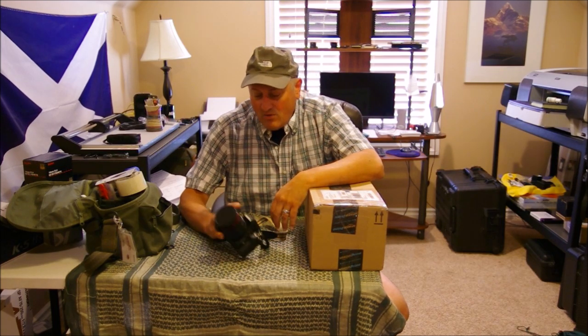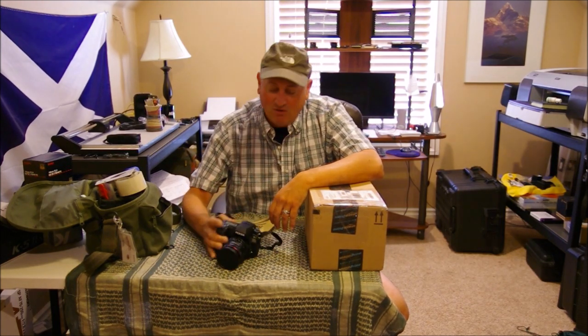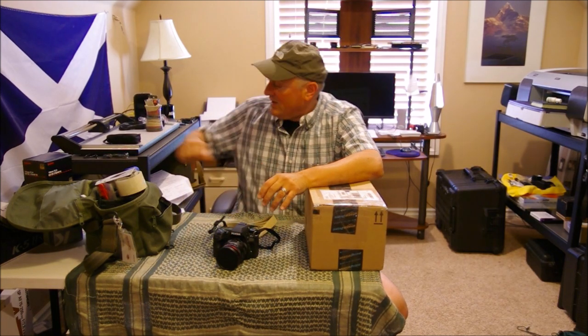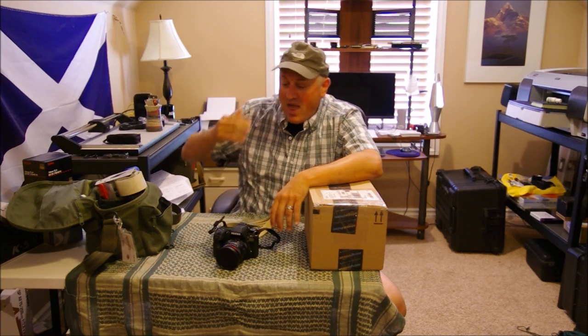Thank God my K3 doesn't have the mirror flap issue, although that's kind of gone away now that they've addressed it with firmware, I guess. I've never seen the problem, I've never had the problem, knock on wood. Now I'm going to get it, right? So anyway,